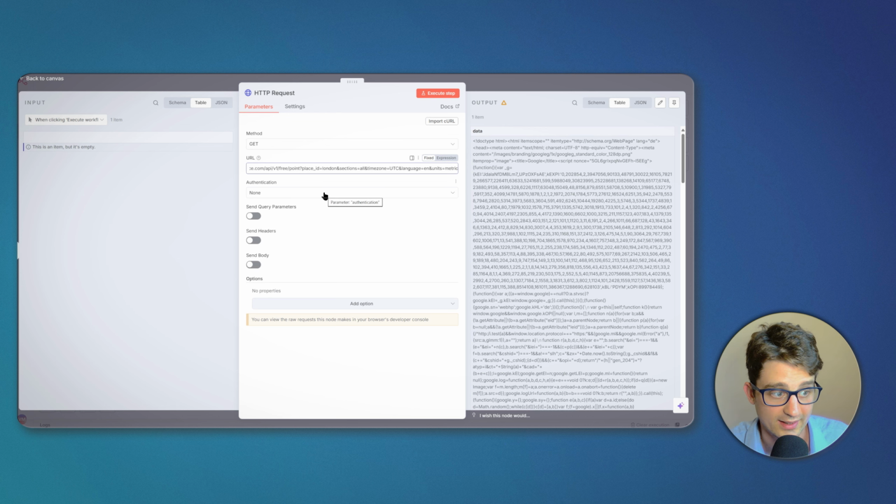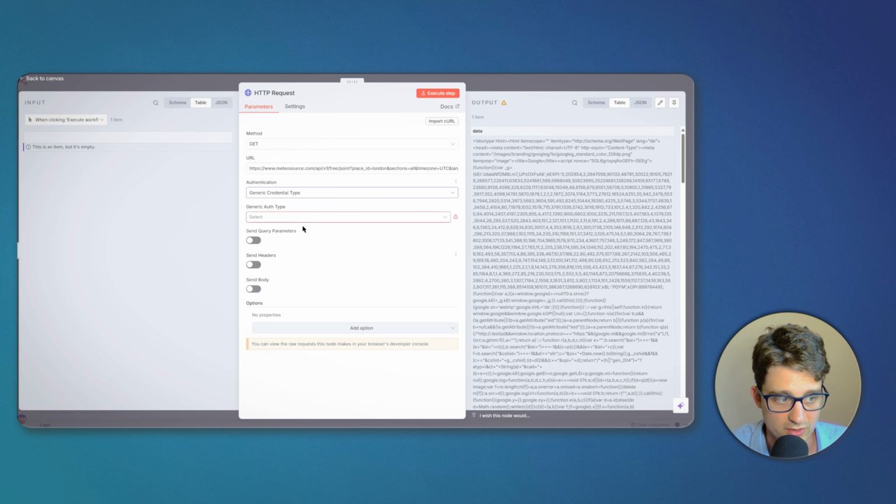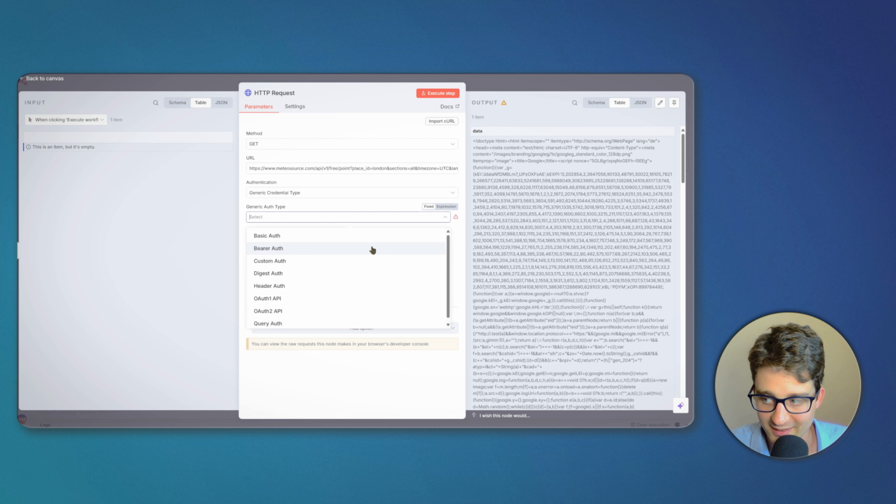we create our authentication. To authenticate to the API properly, we have to go to authentication and create a generic credential type. So predefined credential types are good for services that N8N has a built-in node for. So whenever we are doing a custom API integration, then we have to go to generic. And here what we can see is that there are many different kinds of